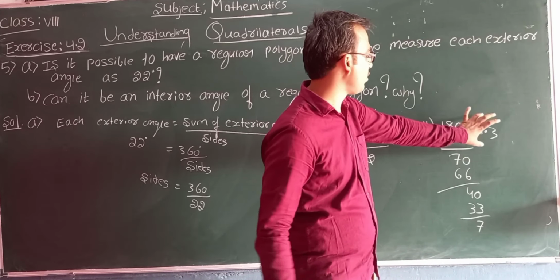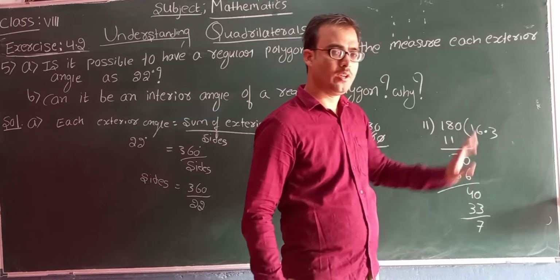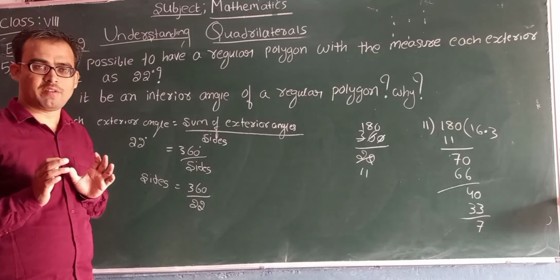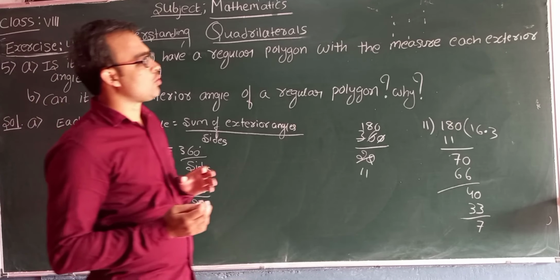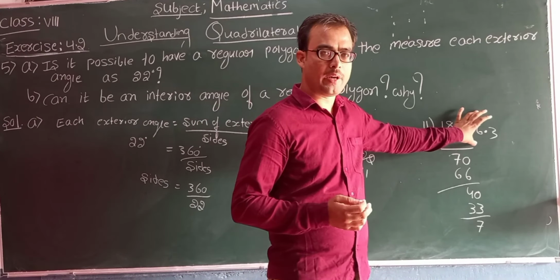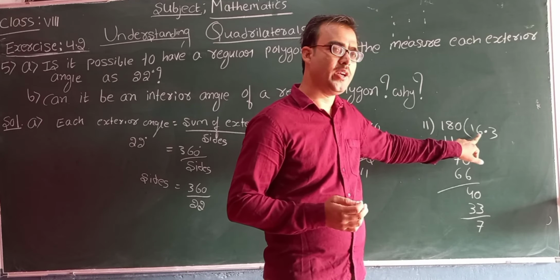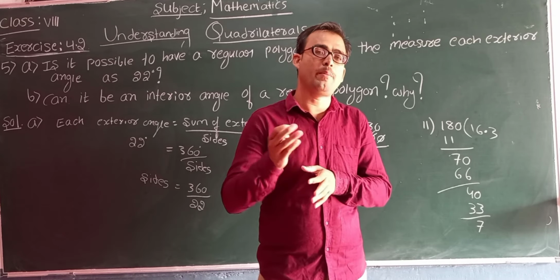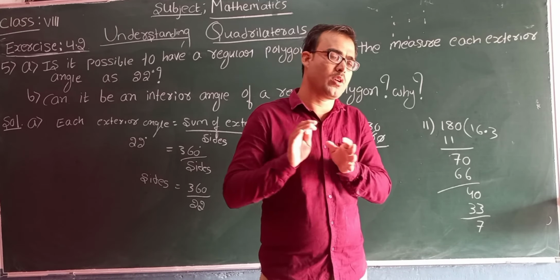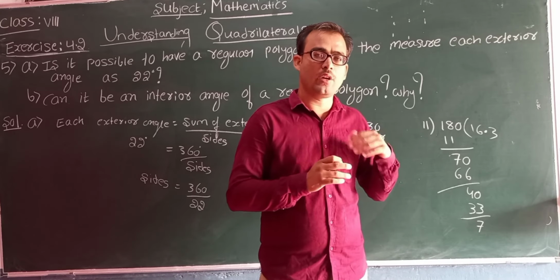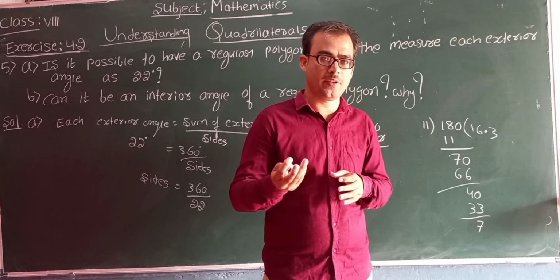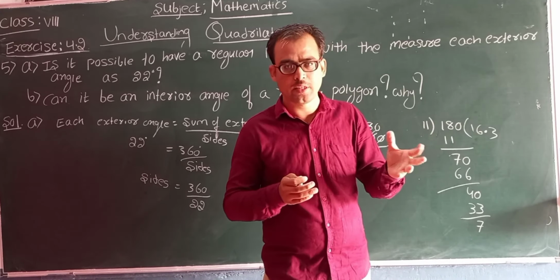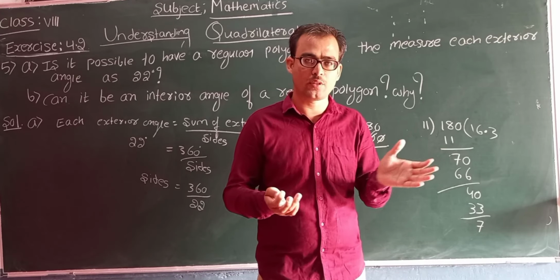Now look here students, so what are we getting? We are getting 16.3. Okay, so here we know that the number of sides will always be a whole number. As we are not getting a whole number here, as we are getting decimals. Students, you will not come across such things. A polygon will not have 2.7 sides or 5.6 sides. A polygon will have 4 sides, 5 sides, 10 sides, 15 sides. It is not like a polygon will have 16.2 sides, 16.3 sides or 15.4 sides. It is not like that.